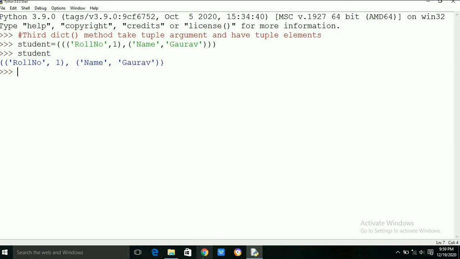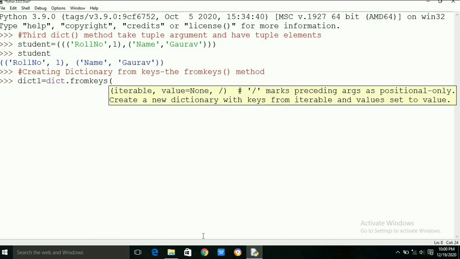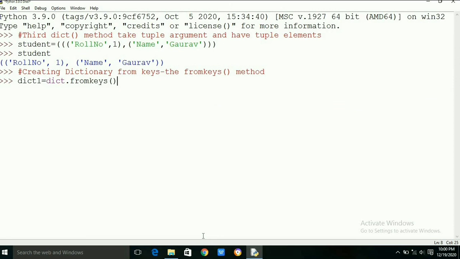The fromkeys method is used to create a new dictionary from a sequence containing all the keys and a common value. The fromkeys method returns a new dictionary and it requires a key sequence.